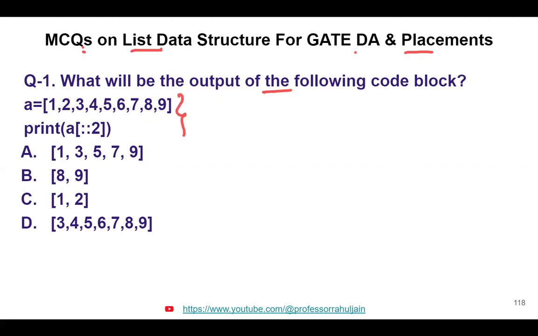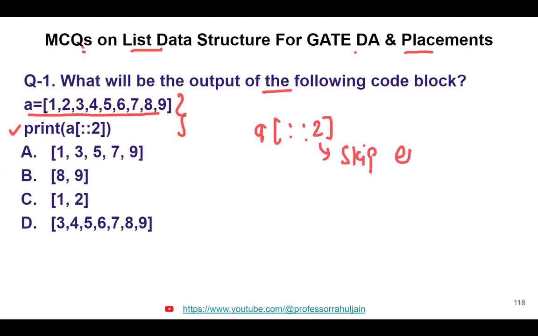The very first question is, what will be the output of the following code block? And here is the code block you can see. So basically a list is given to us, and after that we have a print statement, and this print statement is printing the list like this, right? Two colons and thereafter 2. It simply means that